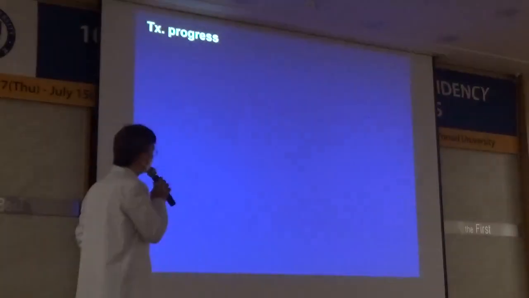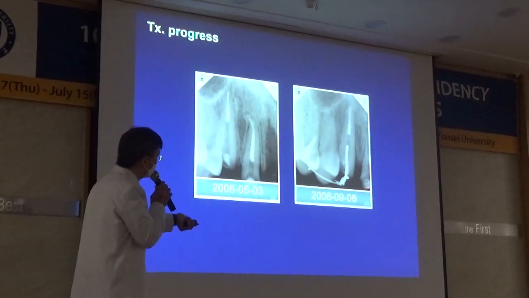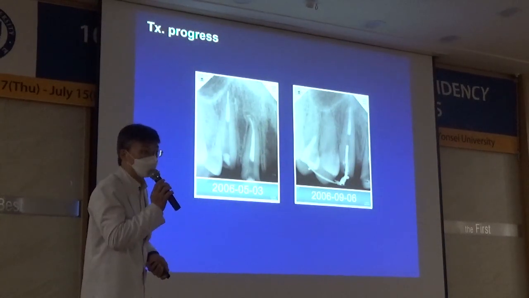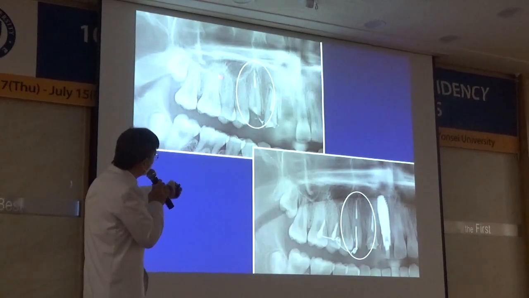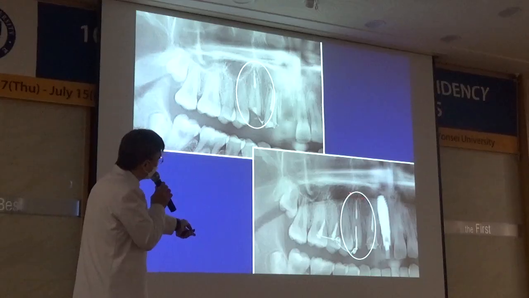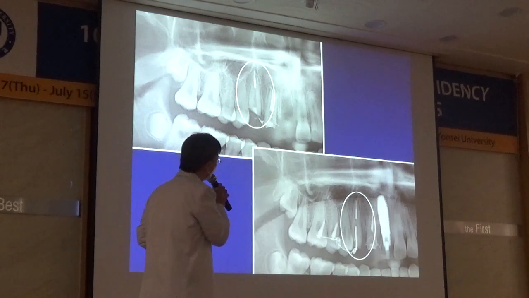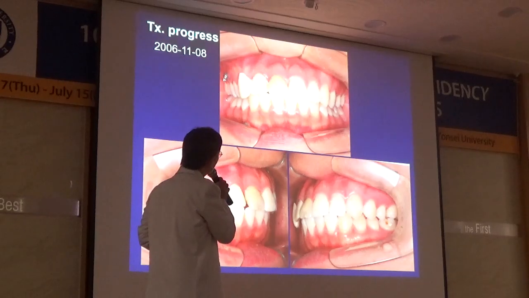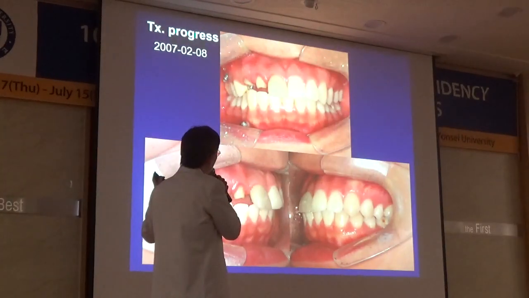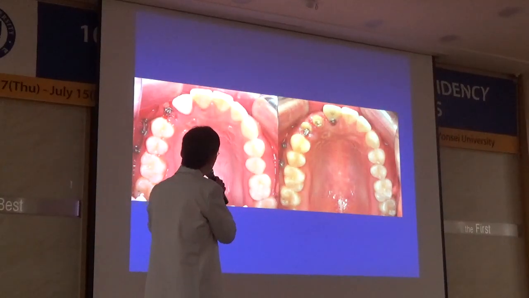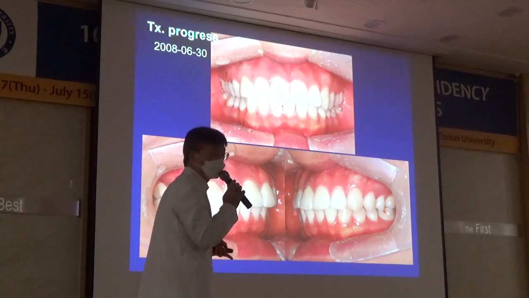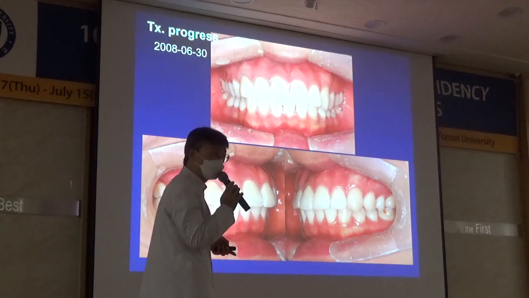Gradually the margin is being exposed. You see the relative extrusion of the canine. Following a little bit of the relative position of the root apex compared to the border of the maxillary sinus. Following some minor adjustment, now the margin is exposed. The prosthodontist was able to do the crown, finalize the crown. Okay?